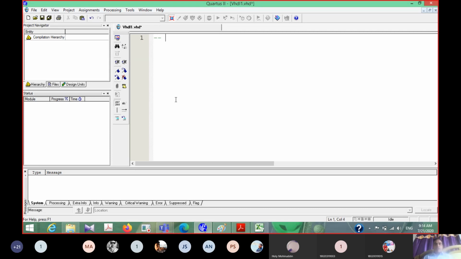First of all, let me write the comment. A comment can be entered with two dashes. Whatever we write afterward is considered a comment. So here it is a VHDL program for half adder using dataflow architecture modeling.